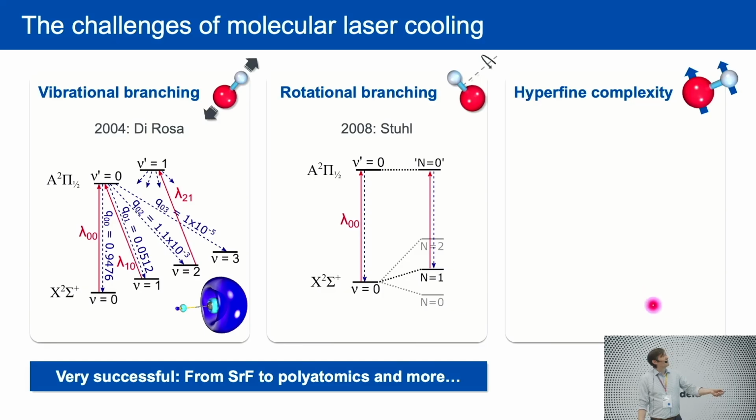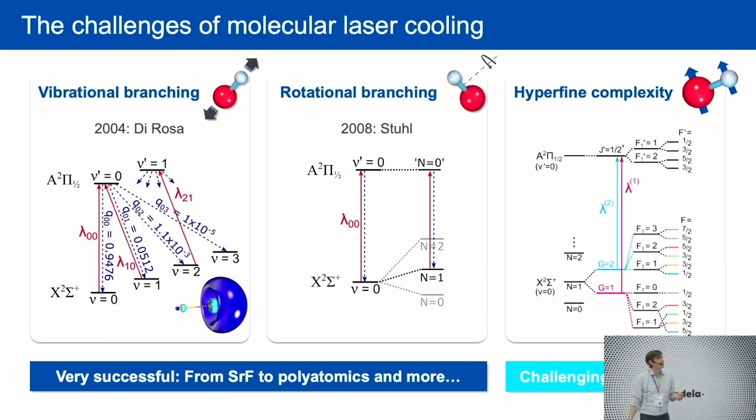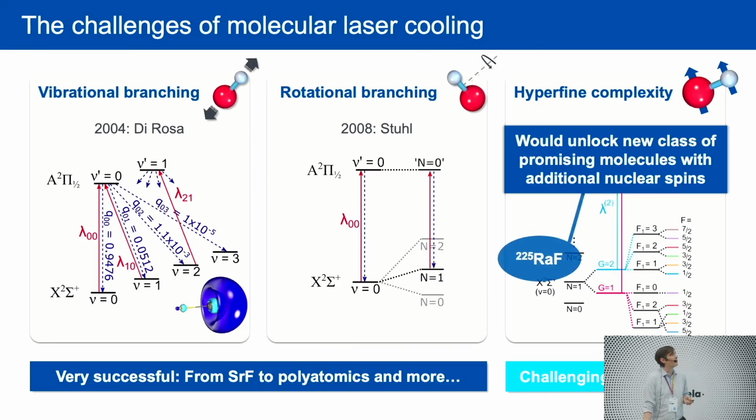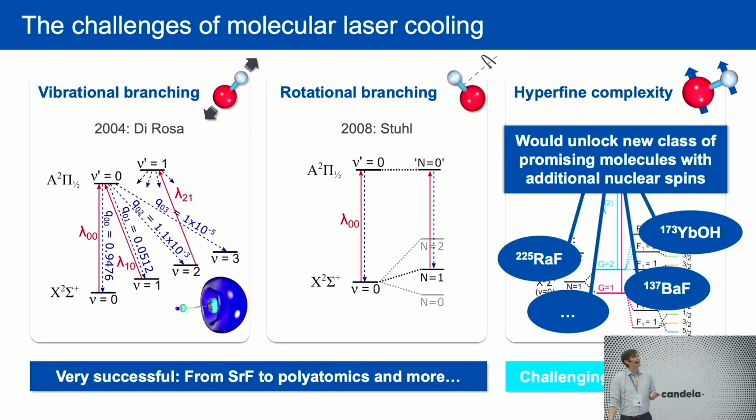What I'm more interested in this talk is a situation where you do get more nuclear spins, and then things do become more complicated, and in fact much more challenging, as you will see, but they also become more promising in certain aspects. The reason people don't like this is that it usually leads to hyperfine structures like this with really many levels involved, where it's absolutely not obvious anymore how you would generate laser cooling forces. It's very promising though, because people have started to work with a bunch of species that are very promising for precision measurements and where laser cooling obviously would make a very big difference if you can actually cool them.